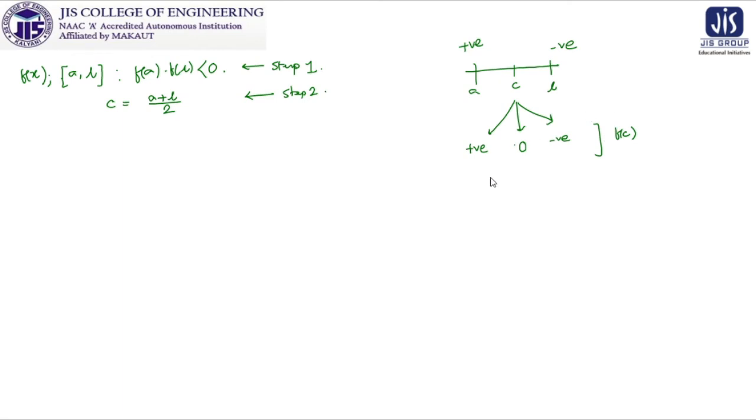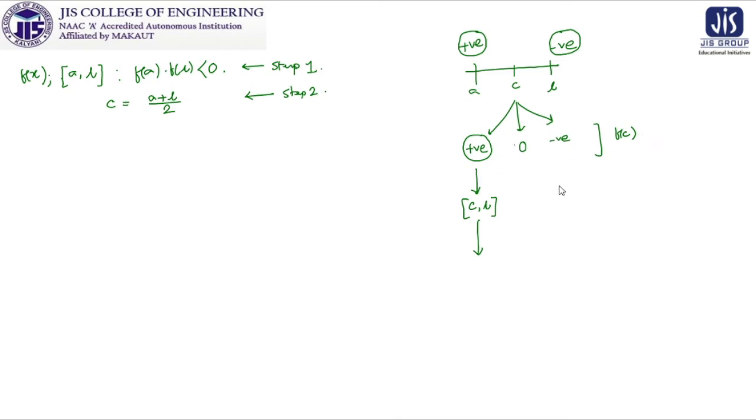One by one, if we judge, if f(c) is positive, then the combination we are getting is: f(a) is positive, f(c) is positive, f(b) is negative. So for the next step, it gives us the guarantee that there will be a root between c and b, because f(c) into f(b) is less than 0. We will proceed after this line, and all these things will not be considered after the first step.